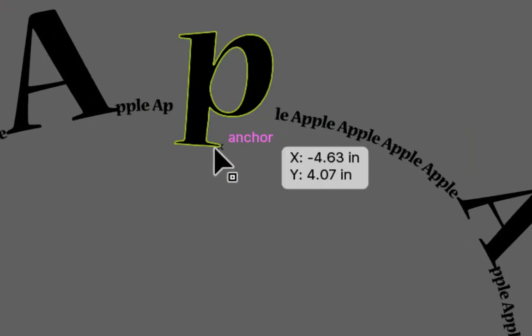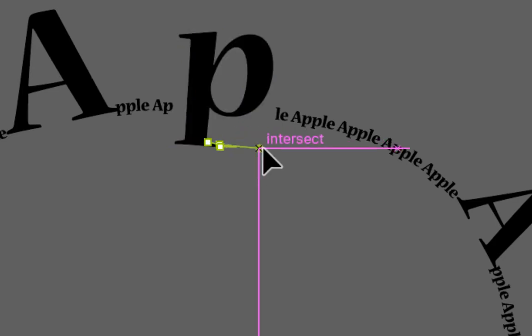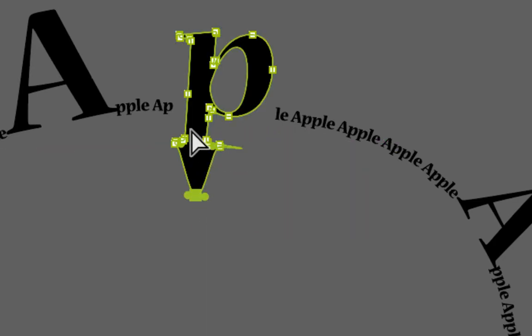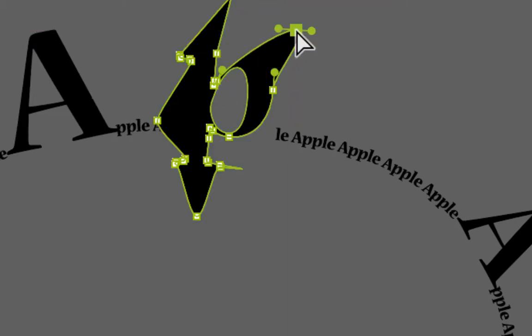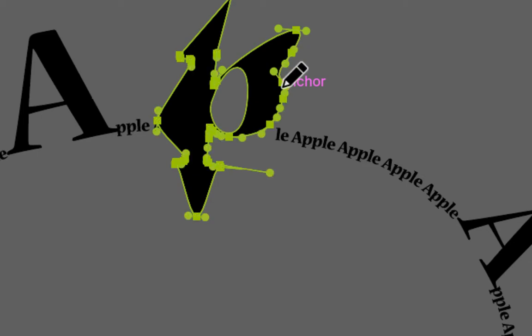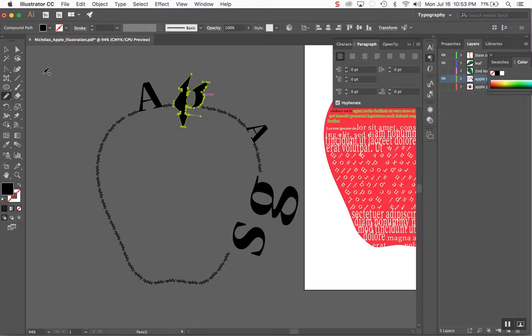I can no longer edit the text, but I can go in here with my path adjustment tools and I can actually adjust my type, adjust my paths. I can even go in here with the pencil and redraw the shapes, or the pen, or any other tool that I want to use to reshape my illustrations, because now they're more like illustrations rather than just editable type. So I hope this helps you get started using Adobe Illustrator's